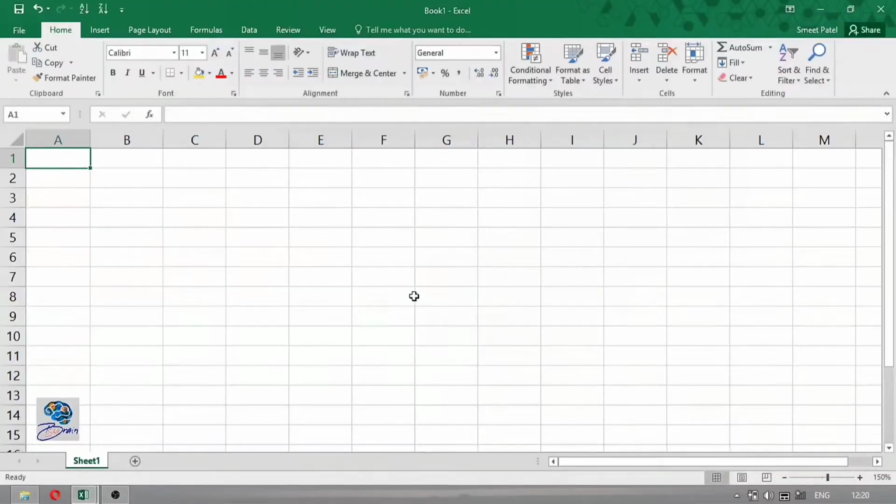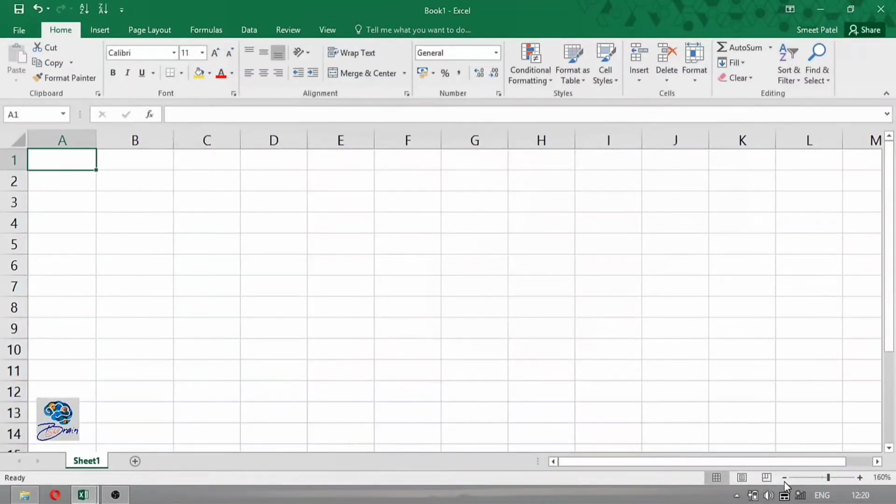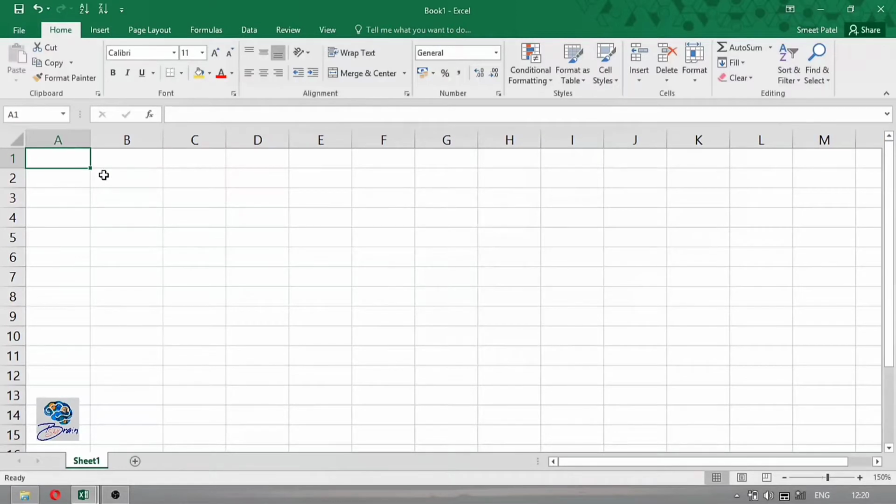In today's video, we will see the data entry, data types, editing and deleting the data. Right now, I have selected a new workbook, and in this the A1 cell is selected. I have zoomed to 150%, so you can view it correctly. As our cell A1 is selected, I can start typing. So I will write up my expenses of today.